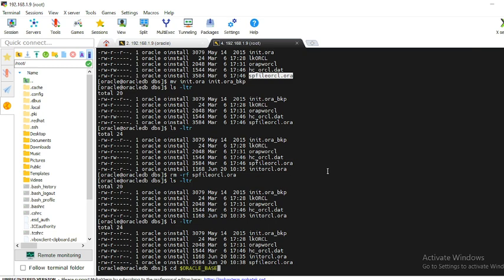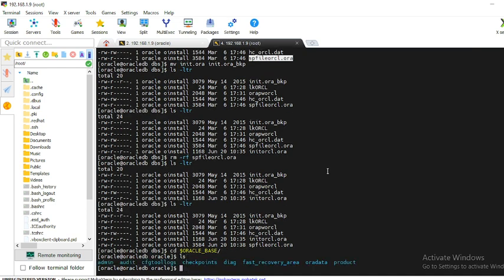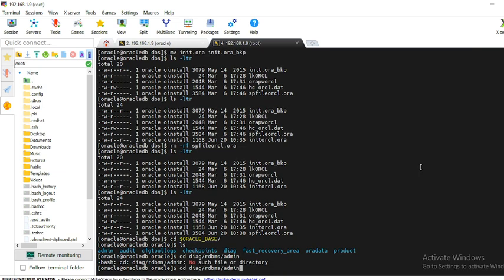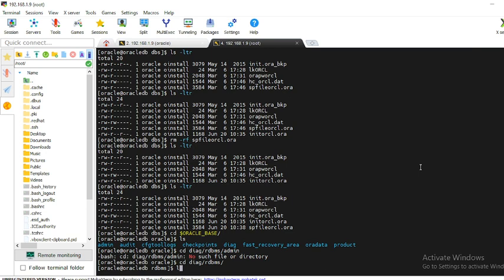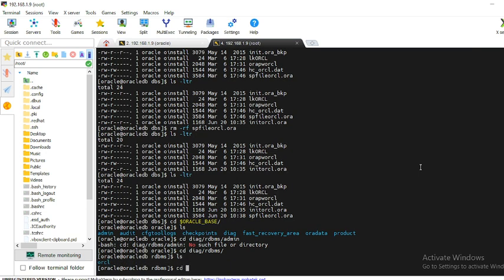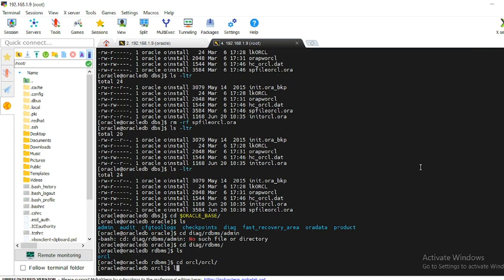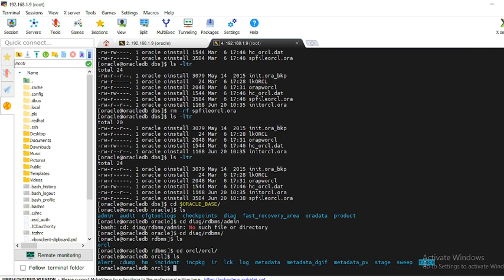Oracle base, as you know, the diag location, the trace file is there. cd diag, rdbms, sorry, rdbms, cd orcl, and we need to go to the trace.